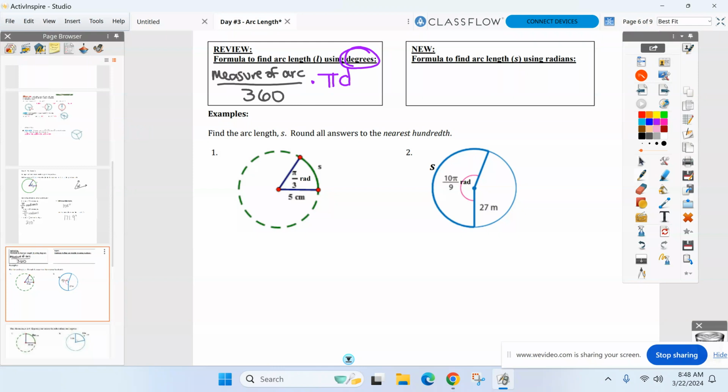I'm going to give you a new formula today to find the length of an arc if it's in radians. All right, everyone okay with what I'm doing here? This can only be used if the angle's in degrees. You guys just found out there's a second way now, which is radians. So now I need to give you a new way to find the length of an arc if the angle's in radians. And here it is. Nice, simple formula, SOR. Literally. S equals,